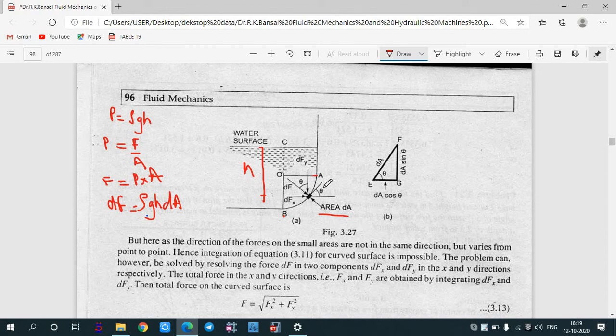So for that, we need to resolve these forces. By resolving all the forces and then adding them together, we can get the value of total force. As you can see, dF is making a certain angle. This angle is considered as theta. The portion which is lying below this side is considered to be dFy, and this side force is considered to be dFx. Since this is making an angle theta with this side, it will be cos theta, and this side is not having the angle, so it will be sine theta.